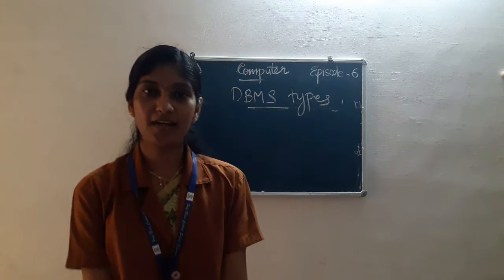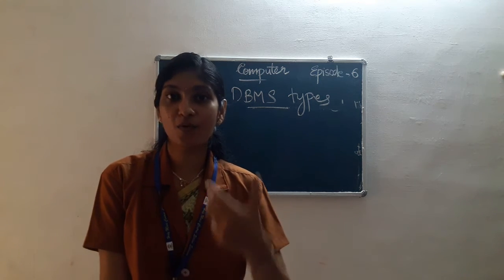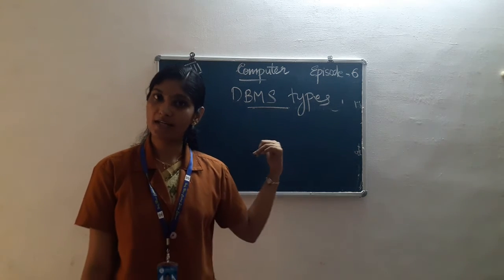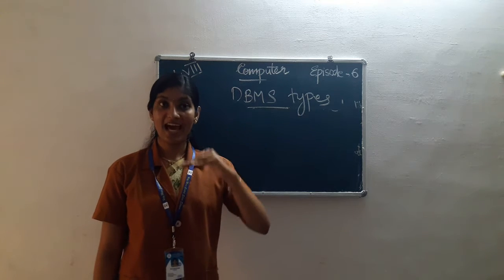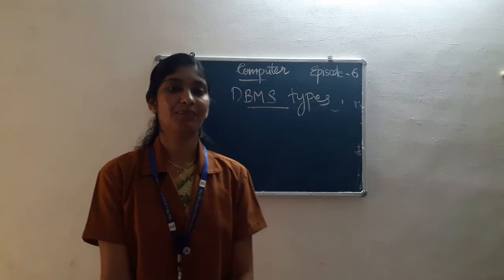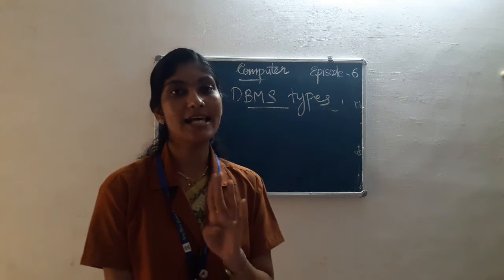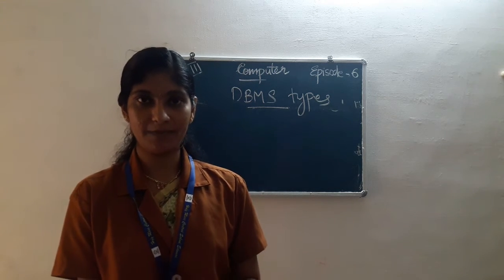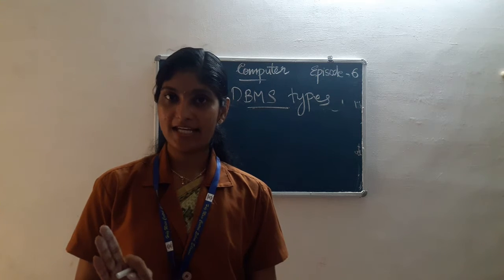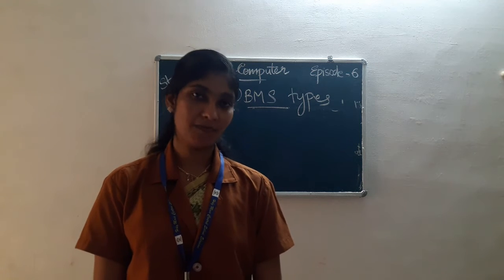There are different types of database management system. So we know database means storing the data, or an organized way of storing data, and stored where? Stored in a computer. That is a database, and we can access that database using a system, that is a database management system. Then there are different types of database management system. Mainly there are 4 types, and in this chapter we will learn about 3 types. So let's see what the types are.